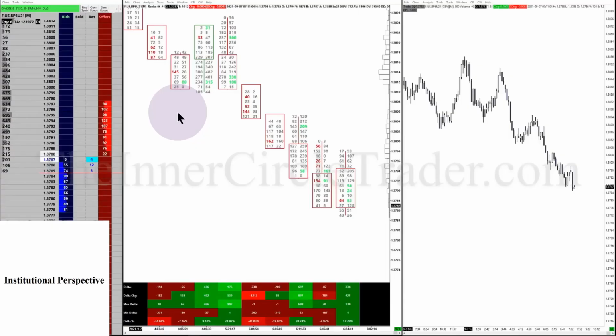And when I teach my students to focus on where the most likely draw on liquidity is going to be, that's what you should be focusing on. Not all these little numbers in here on a footprint or over here worrying about is there more buyers or sellers above the marketplace, and it's likely to keep going up. And I watch a lot of YouTubers that use these types of tools over here, like the depth of market, the DOM. It's DOM, not dome. But the idea of using it, if you watch any YouTubers that have it on their charts or they're live streaming, or maybe they recorded their trades and they still have it on there,